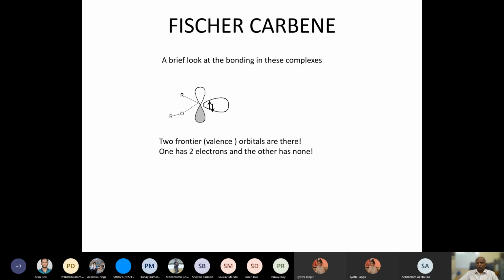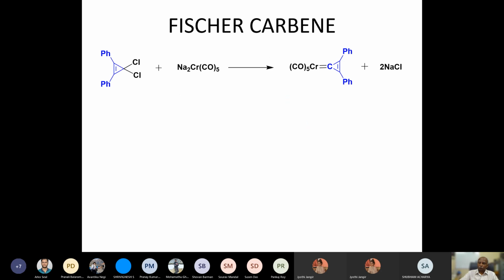Okay. So these are Fischer carbenes. As I explained to you, you can write it as an sp2 carbon, which has a filled donor orbital and a vacant pi orbital. The vacant pi orbital can accept electrons in the pi system, which is different from the sigma framework, which is a donor. So this is very similar to CO in that sense. When the metal looks at it, the metal will look only at the empty pi system and the filled sigma system.